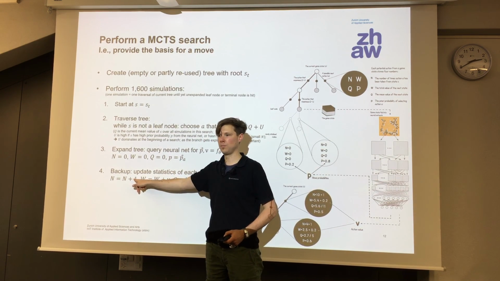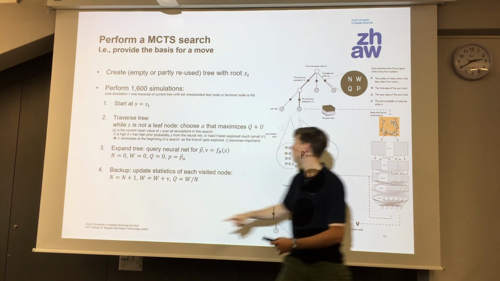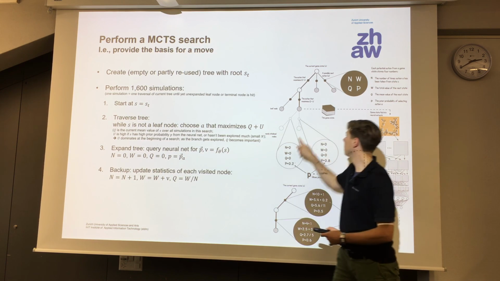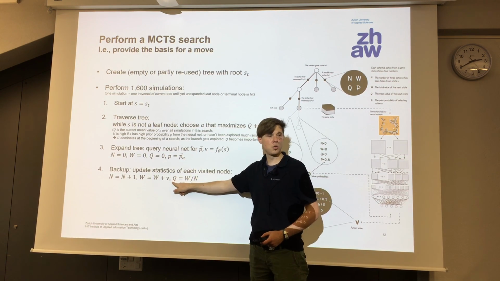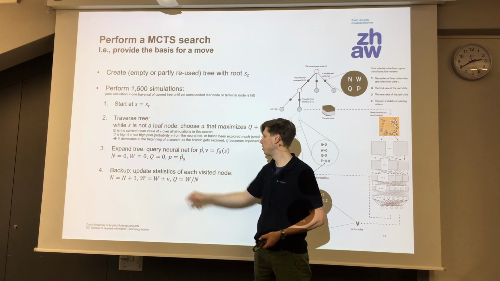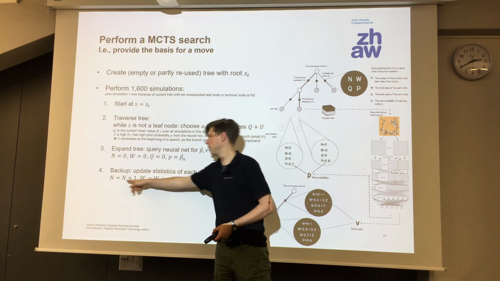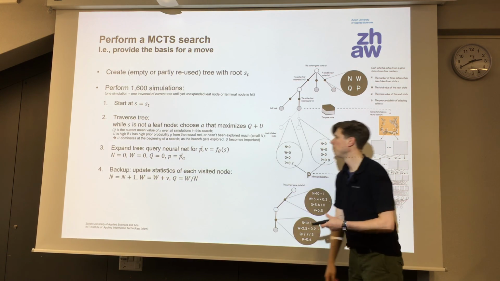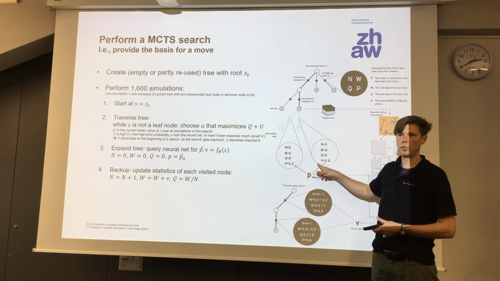We just increase it. We increase the sum of all the values by adding the v from this node that comes out of the neural network. And we increase the mean value, or recompute it, by just computing sum of all the values divided by number of times you visited it. And the p stays constant. It always remains what we got from the neural network.